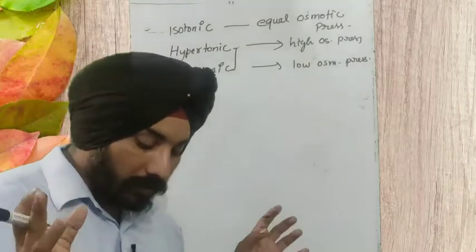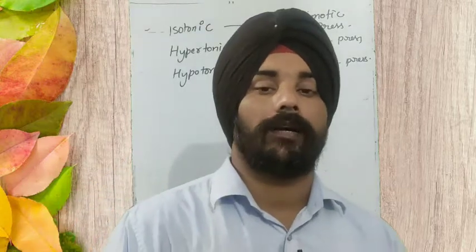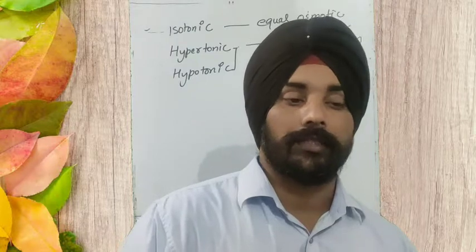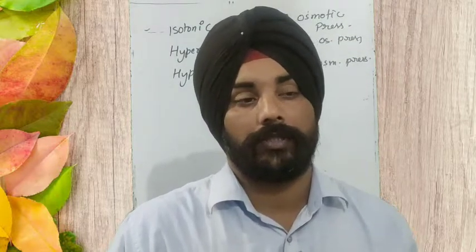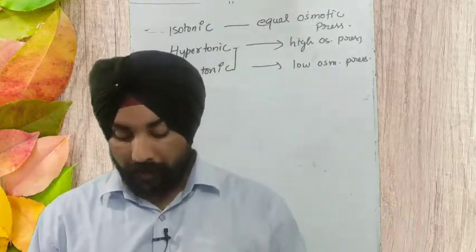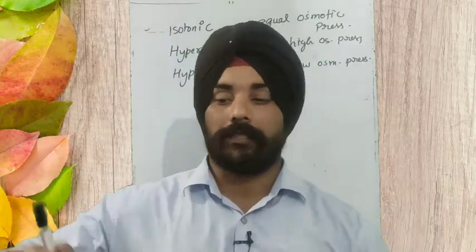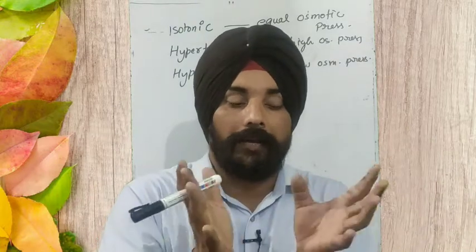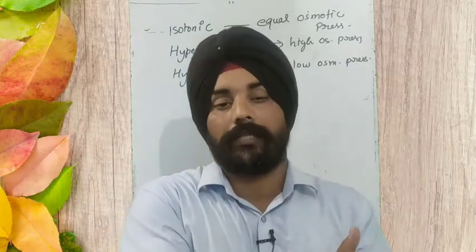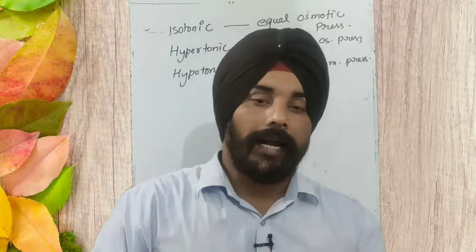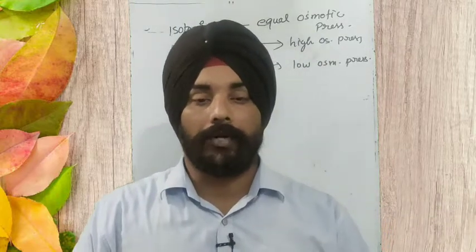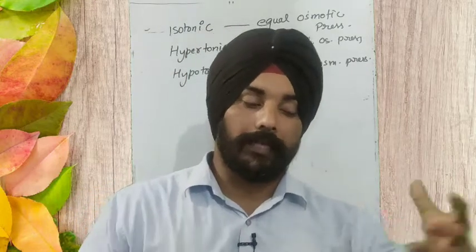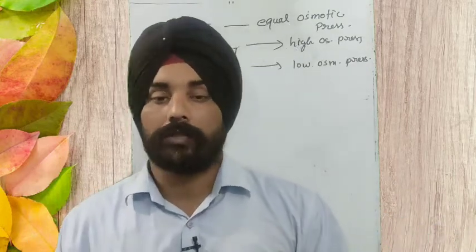So what is isotonic, what is hypertonic, what is hypotonic? It is to be memorized, because when we solve questions, sometimes it is given that two isotonic solutions are kept in contact with each other, one with this much concentration and another with that much concentration. There you have to remember that if they are isotonic, their osmotic pressures are equal. If one of them is hypertonic, the other is hypotonic. Hypertonic will have high osmotic pressure and hypotonic will have low osmotic pressure.